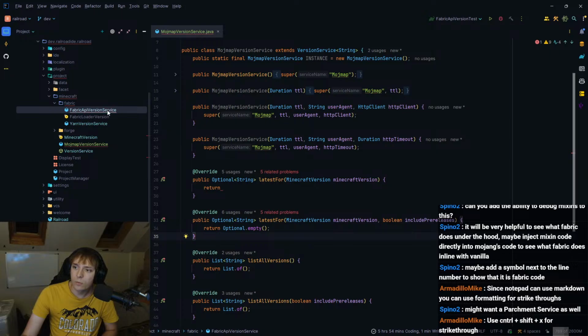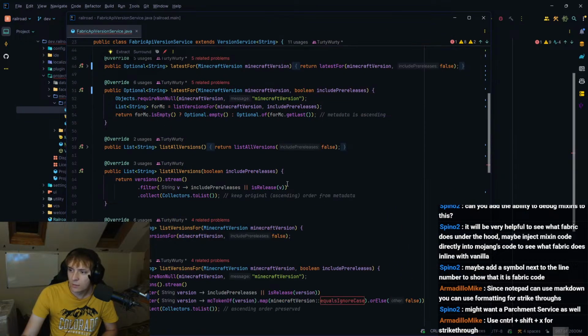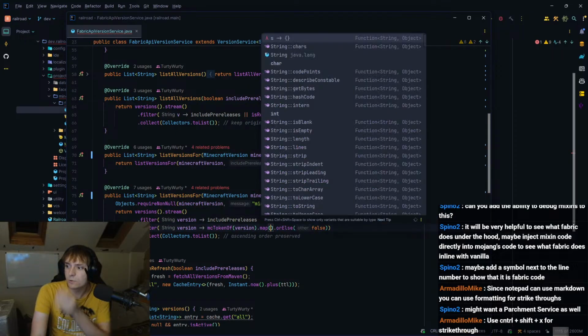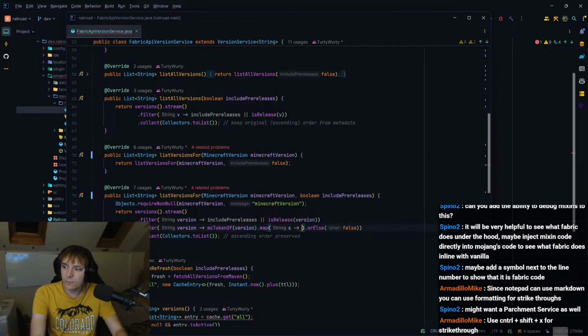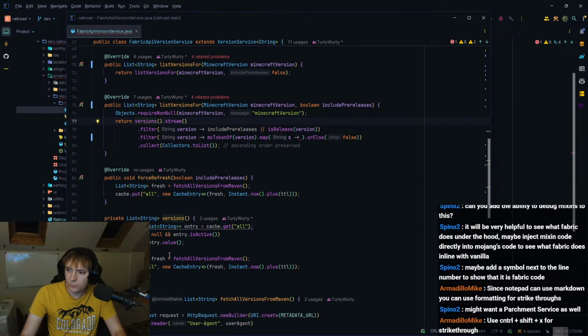I assume this is going to be broken somewhere. Yeah, so that's kind of fine. It just means that I have to have a little bit of a lambda here. Wait, what is versions? String.